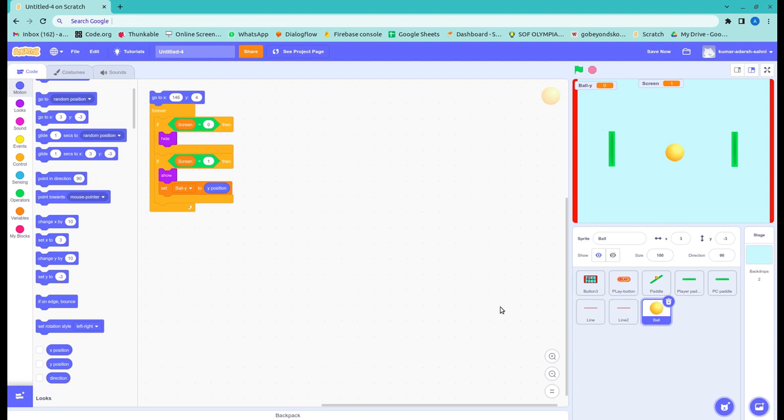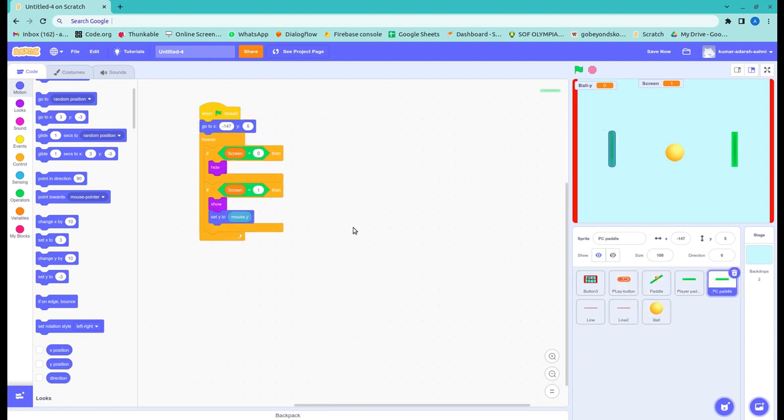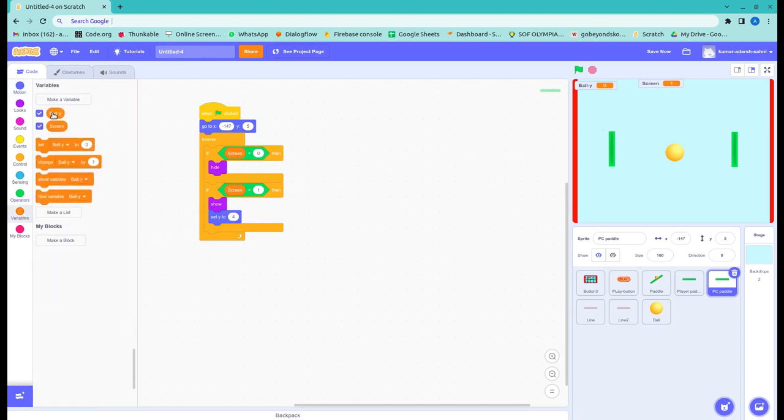Now just go to the player one, the PC pedal, and set Y to the variable ball Y. Now it will move according to the ball, but don't worry,